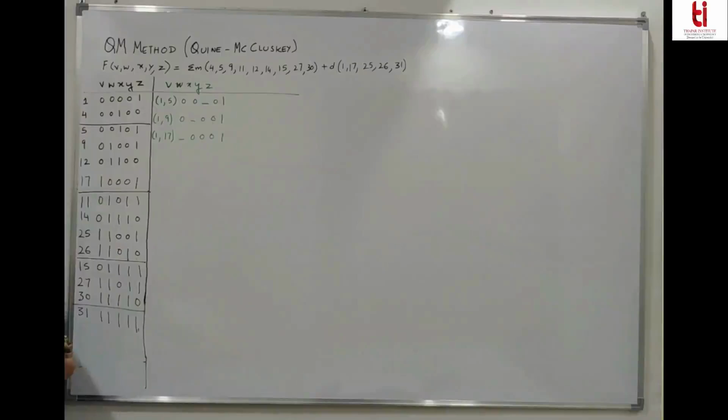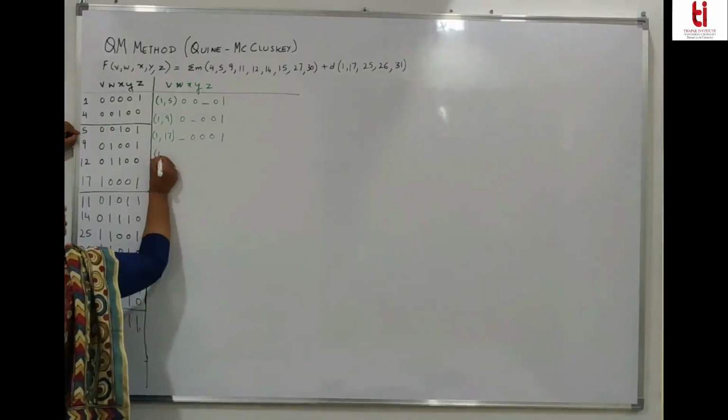So this is how you make pairs. Pairs are made when there is a change from one group to another, and that too of only single bit. Okay. Then next part, you have to take each and every min term. You have taken all the min terms. I have taken all the don't care terms in this table.